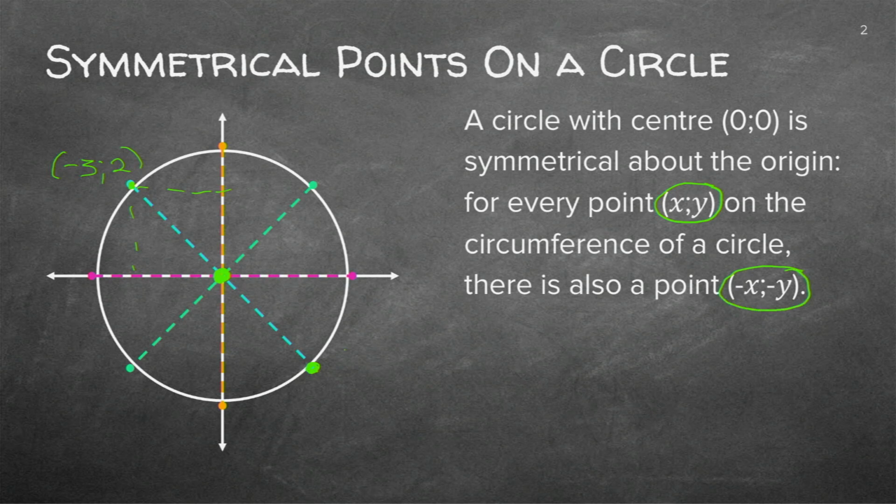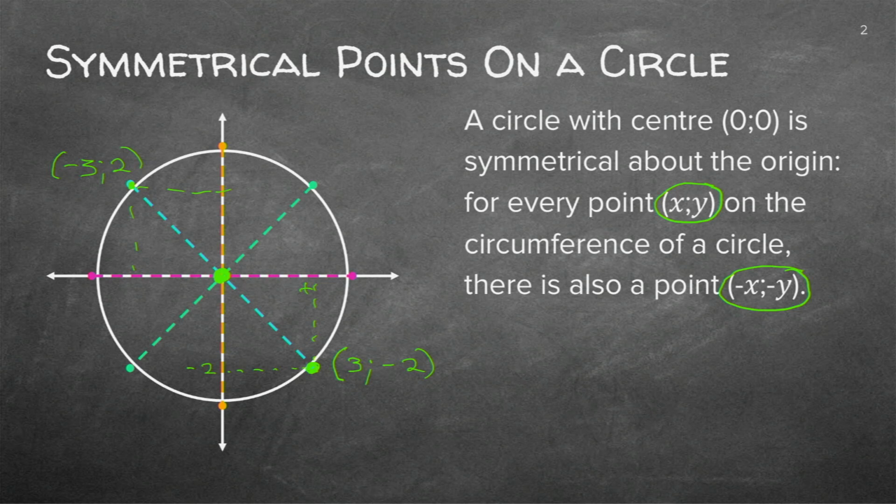So let's see if it's possible. The 3 was a minus, now I make it a plus. The 2 was a plus, now I make it a minus. Now if you check, it is possible for that to be a +3, and it is possible for that to be a -2. If you did not change the signs, then it wouldn't have been possible. Or if you swapped around the figures, it wouldn't have been possible. So when you go to symmetrical points on a circle, it's very, very easy.